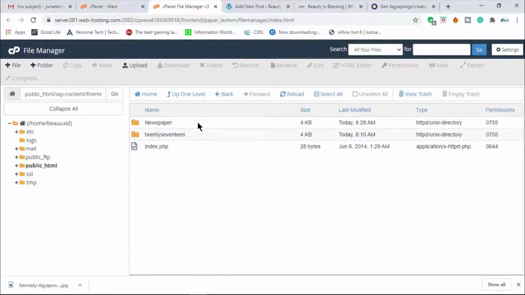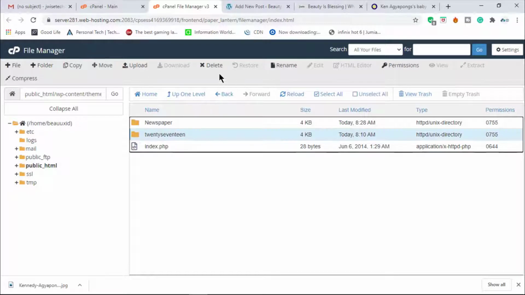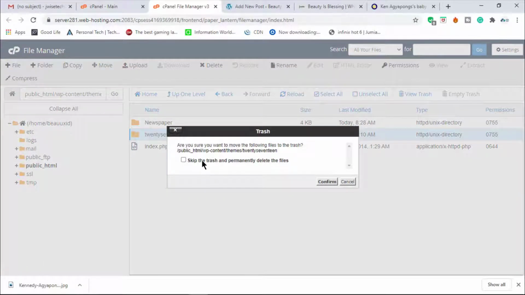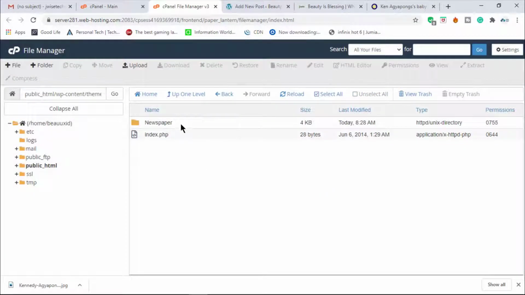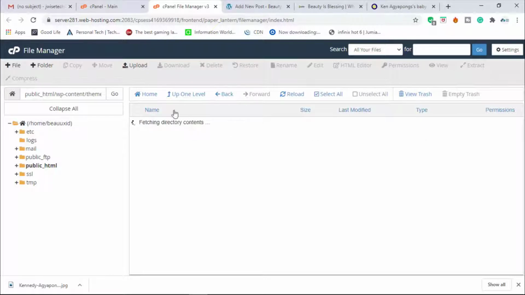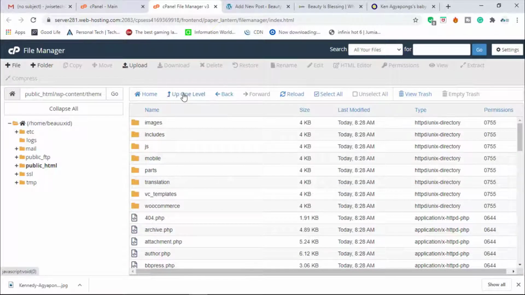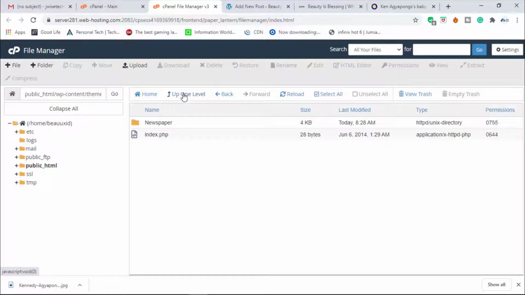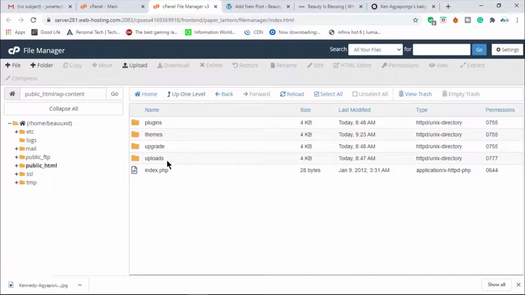Confirm, permanent delete, right? Delete this one, skip the trash and delete permanently. Now we have the newspaper left. Now double click on it and see how it will be. Now on app level, scroll, go to the top, uploads,